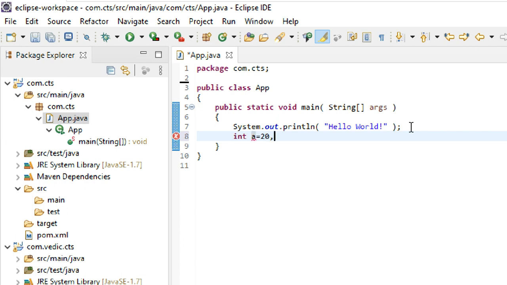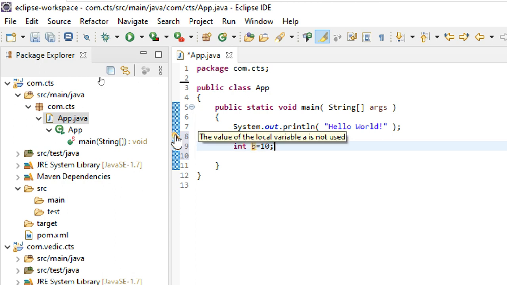a is equal to 20, b is equal to 10. Okay, so these are integers. I think I defined it wrongly. Why is it showing like this?